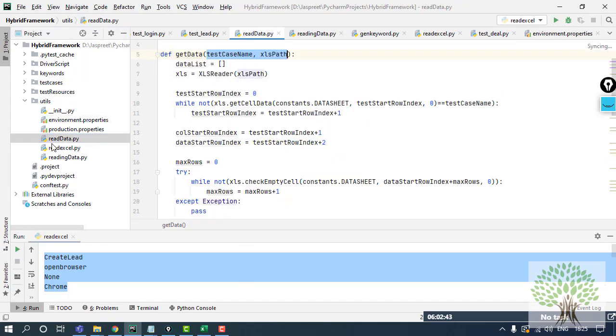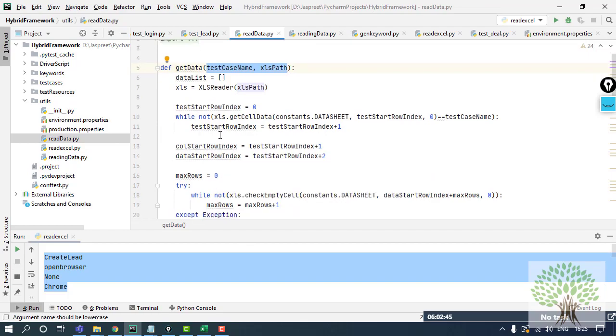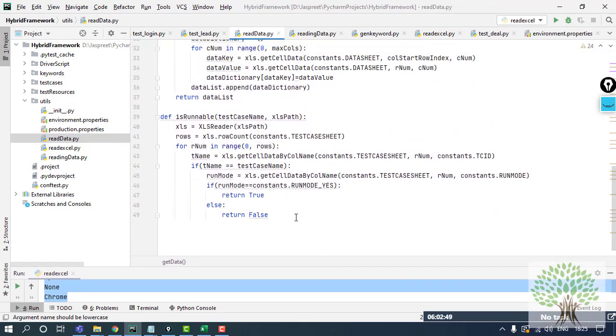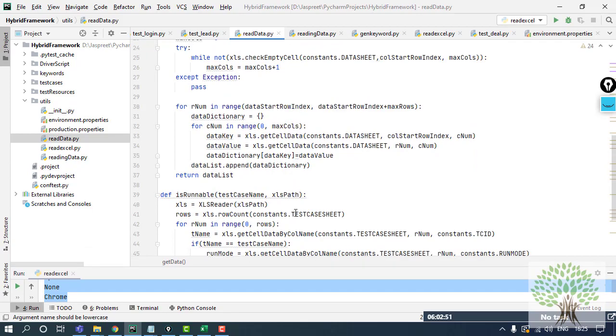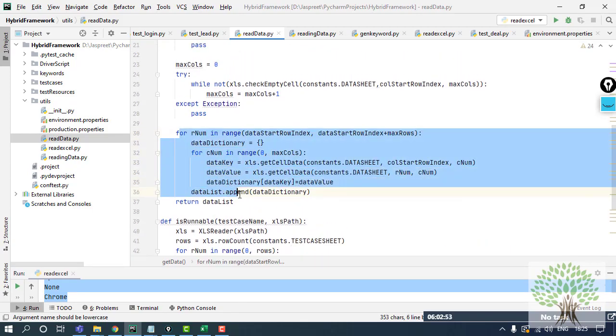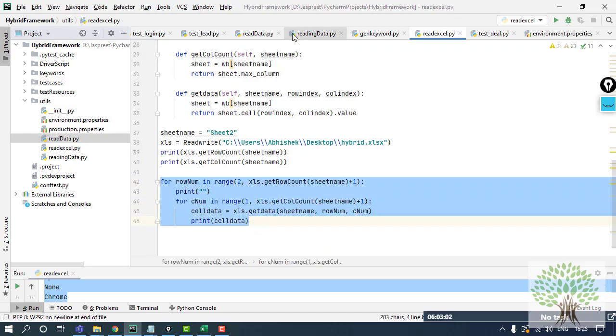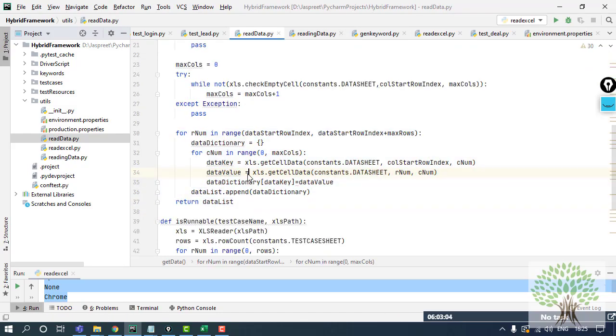Then this is the function that I have made to read the data in a proper way. Now in this function, what is actually happening is I have the for loop, the same way I was executing in the previous module that I showed you just before. The same kind of for loop is running, just that I am settling the column name and the data set below in the form of a dictionary.